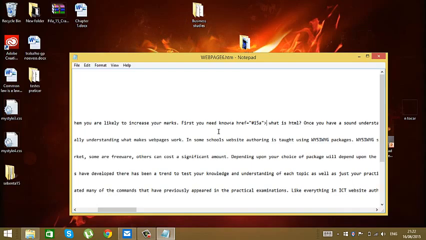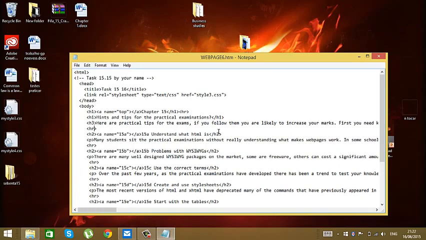After HTML, we must close the a, since that will be where we're going to click to go to 15A.